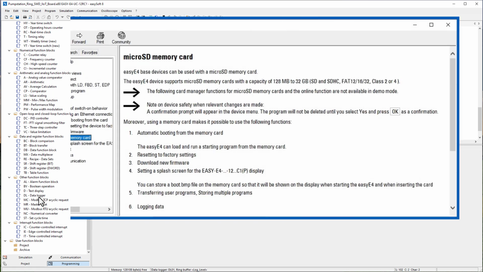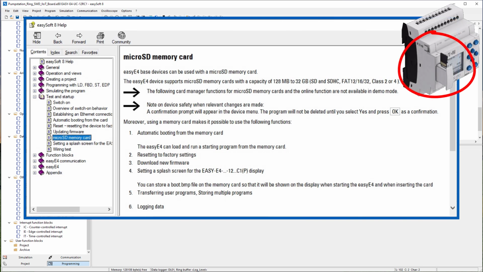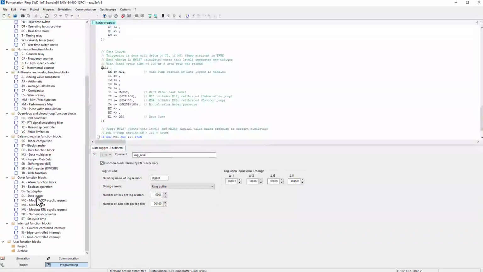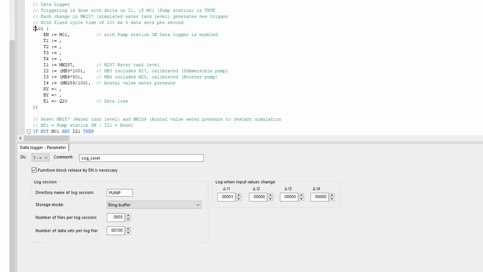An inserted memory card is always required in the device for operation of the function block. The function block can be labeled with an operand command for easier identification. In this application example, the EN enable input for activating the data logger when the pump station is switched on